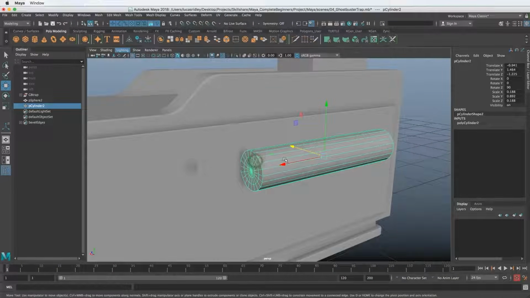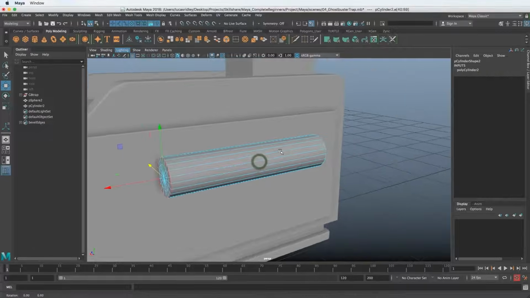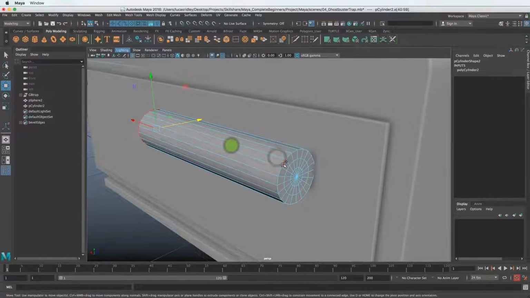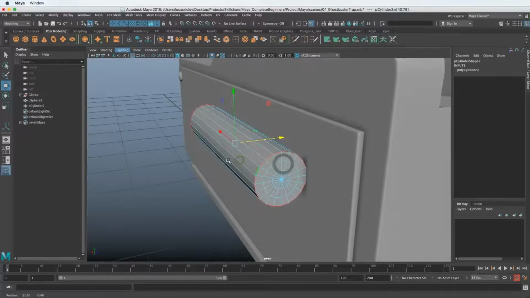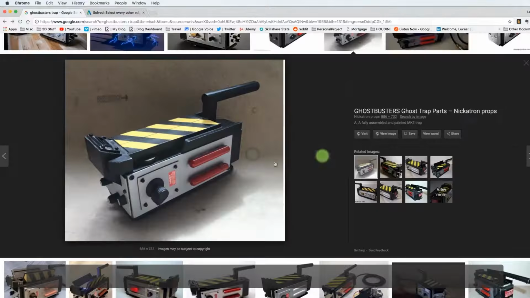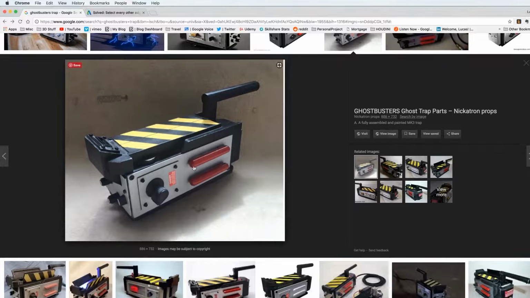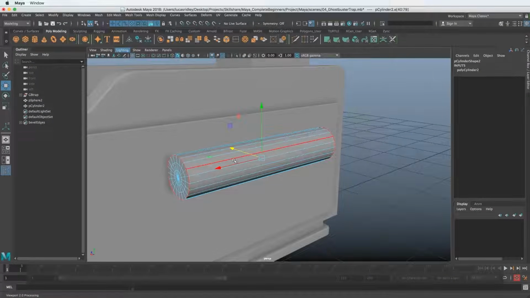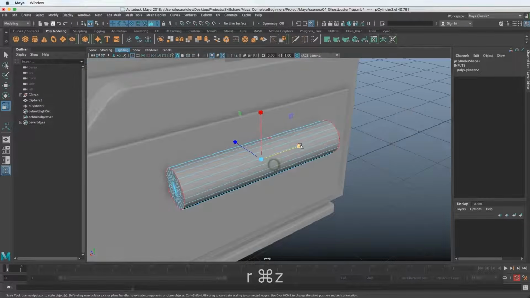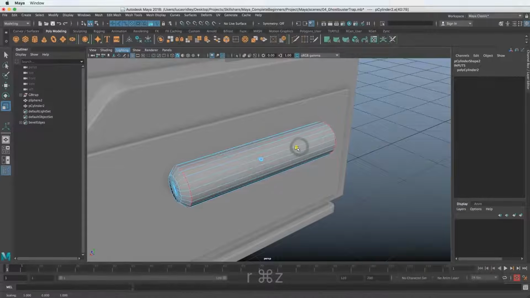So the next thing I want to do is go into edge mode, and the reason why we added these caps is I'm just shift and double clicking them to get the edge loops. If you look here, you can see it kind of has this bevel. We could actually bevel it if we wanted to, but let's just have a little more control over it in our own way and scale these two edge loops in a little bit. And it does pretty much the same thing.